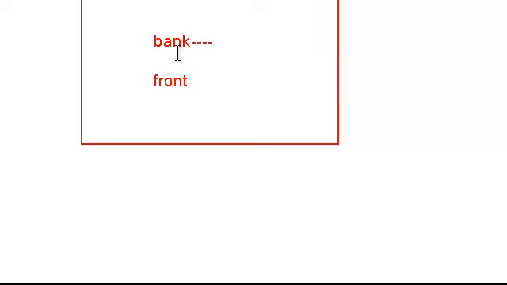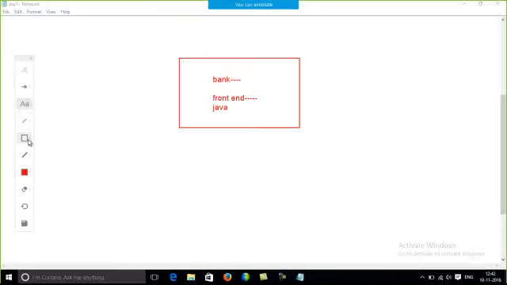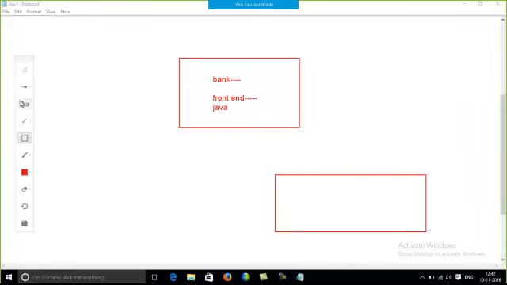For the case of my front end, say I'm using Java as my front end language, and for the back end, say I'm using some other technology. Back end means the database part. Front end means the UI. Don't get confused with the front end and back end of a bank or a big enterprise. Front end means UI, GUI, graphical user interface, with which the user is going to interact, and the database is